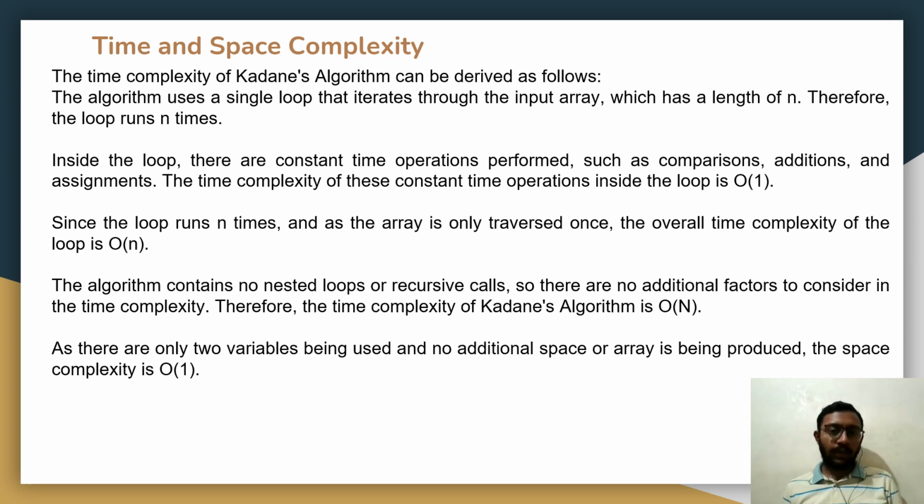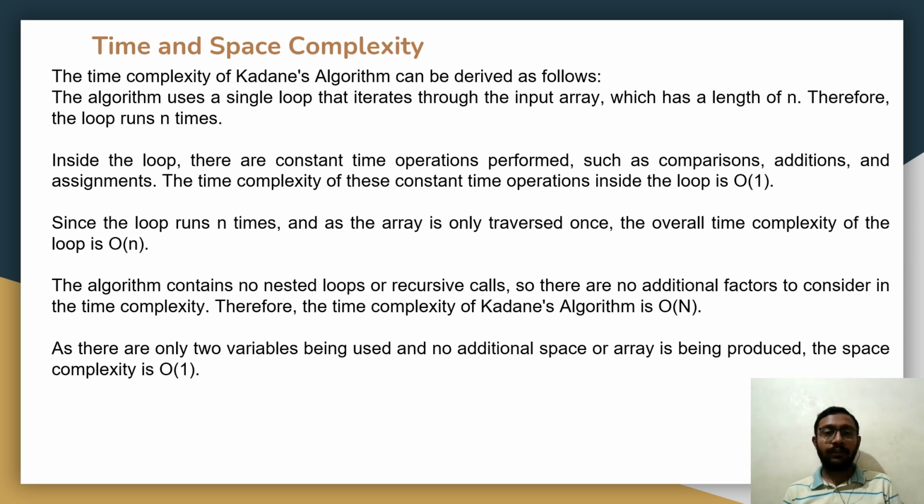Now let's do the time and space complexity analysis for this algorithm. The Kadane's algorithm has a single loop that iterates over the array, which has a length of n. Therefore, the loop runs n times. Inside the loop, constant time operations are performed, such as the if conditions, comparisons, additions, and assignment operations. The time complexity of these operations inside the loop is constant,